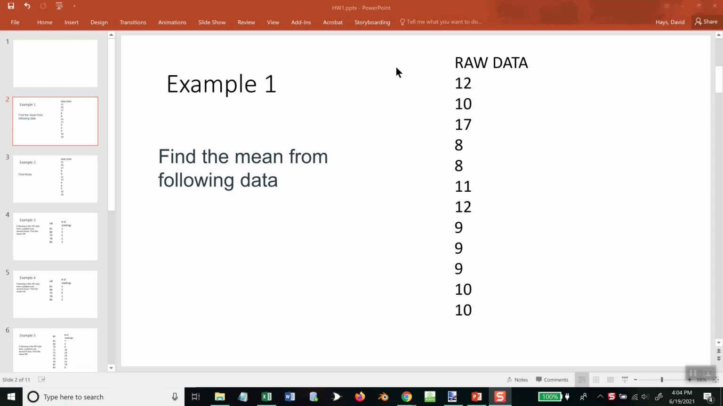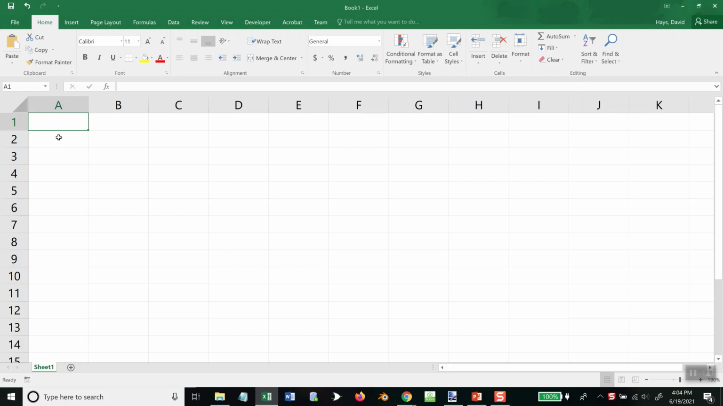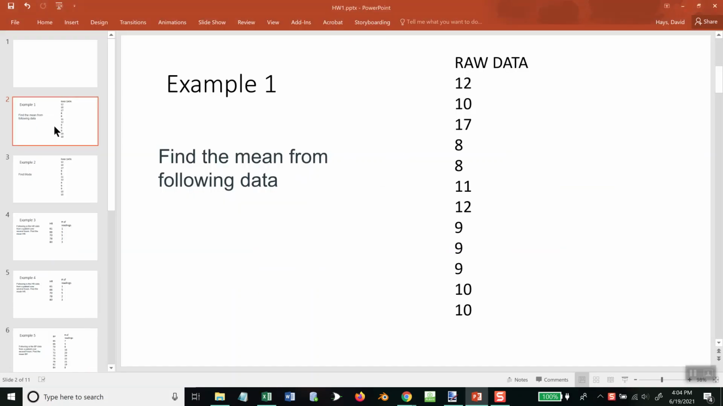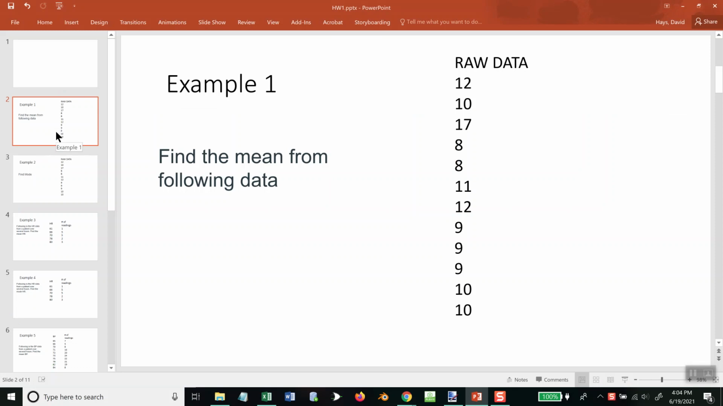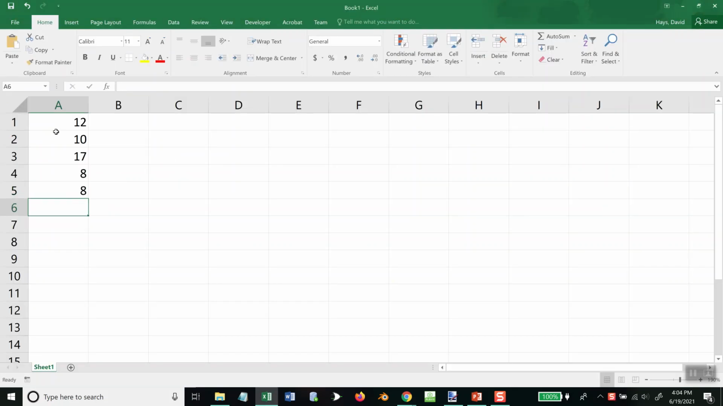Okay, in this example, we want to find the mean from the following data. So let's put the data into Excel. So we've got 12, 10, 17, 8, 8, 11,